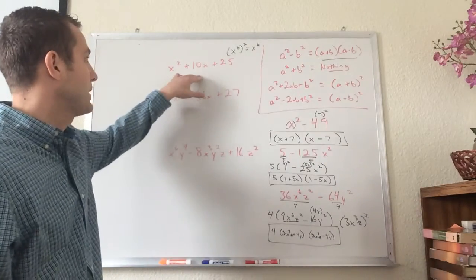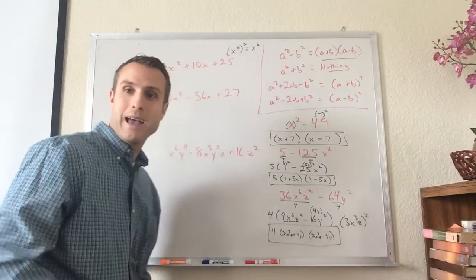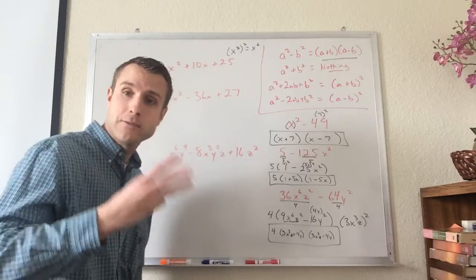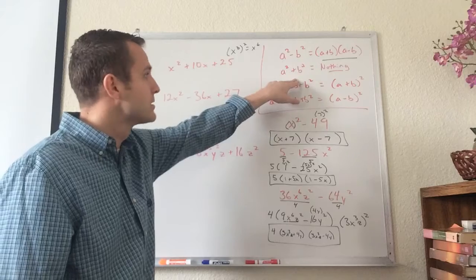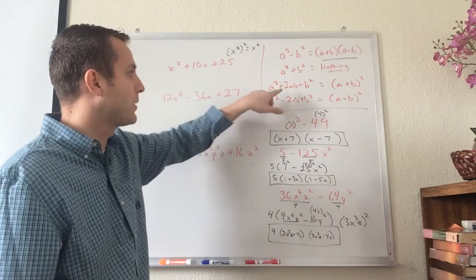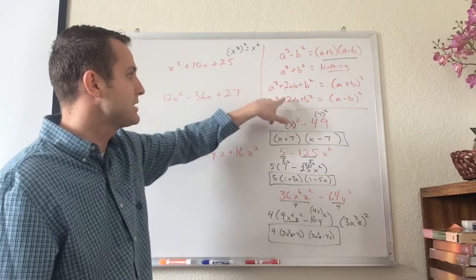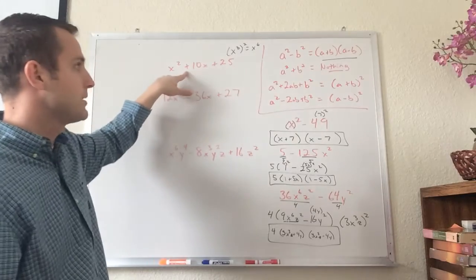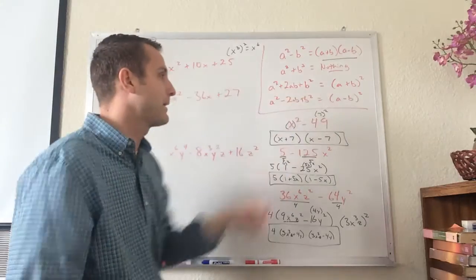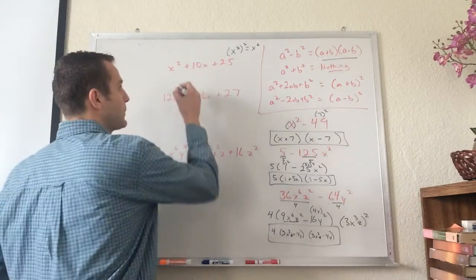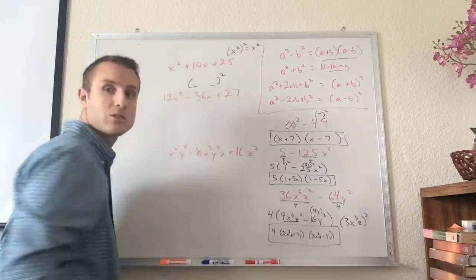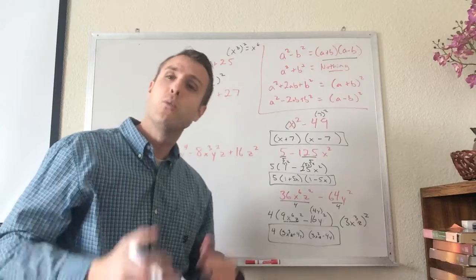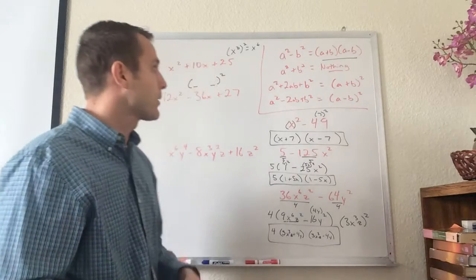Now, let's look up here. This time I have 3 different terms. So I know I can't use this or this. So I'm going to use one of these two. So remember, the only difference is it addition or subtraction? This one, the middle term, is addition. So I'm going to end up with a plus b squared. I'm going to end up with something plus something squared. Now here's the big question. What is a and b? Well, remember,